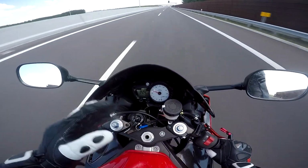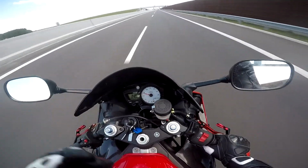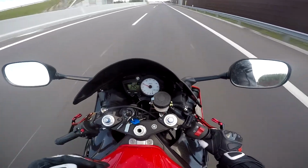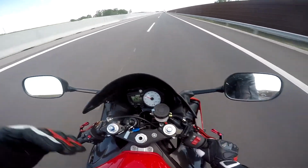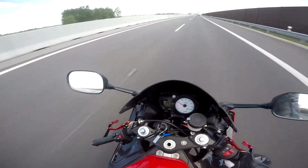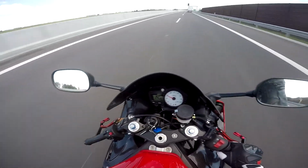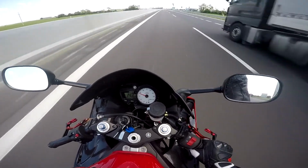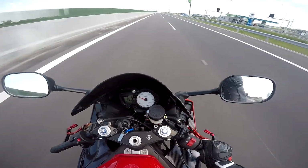So you can check out all the details about the bike. It's a 2005 Suzuki GSXR K5, which represents the 2005 version. Upside down forks, Ohlins in the front, Ohlins in the back, quick shifter, gear indicator, steering damper, ton of stuff on it. I'm currently redoing it kind of on my own because I have a clear idea how it's supposed to look like. So I'm working on that right now, and I'm going ahead to pick up some stuff for the